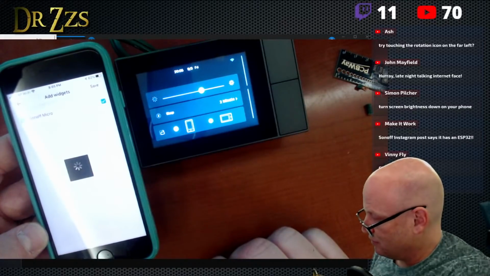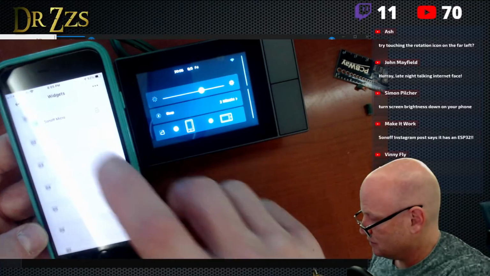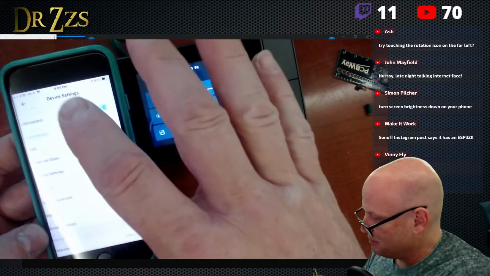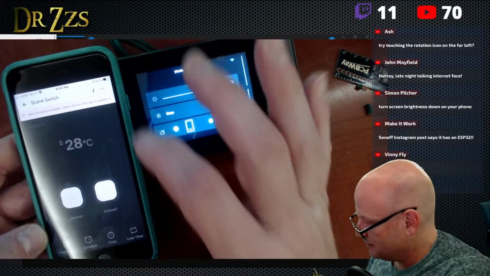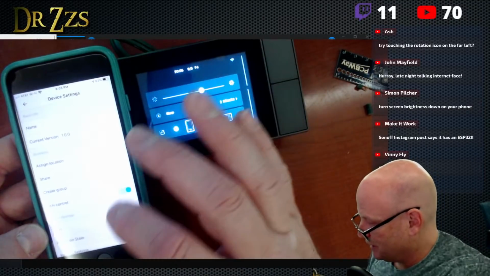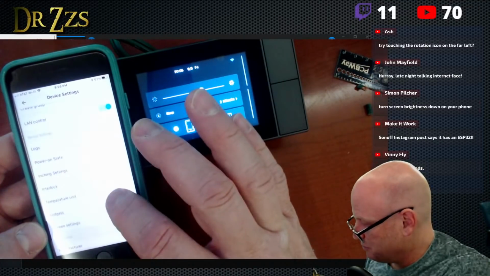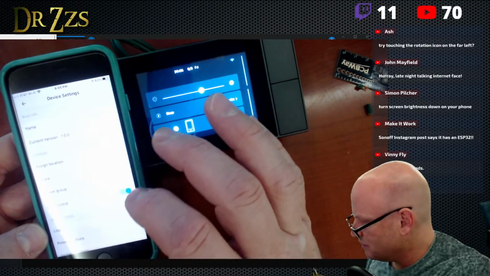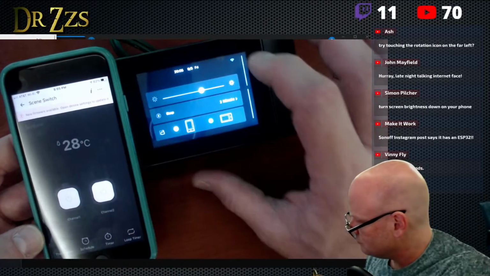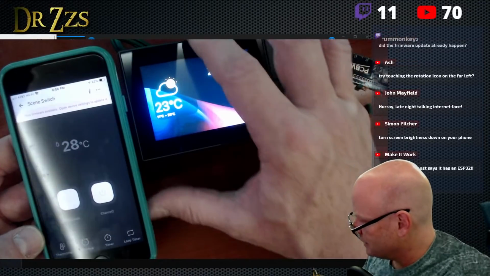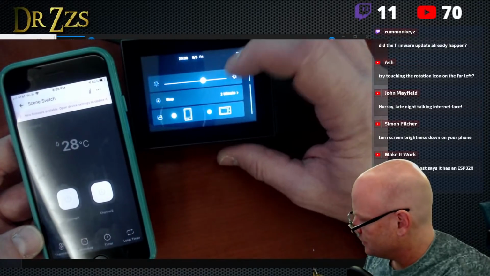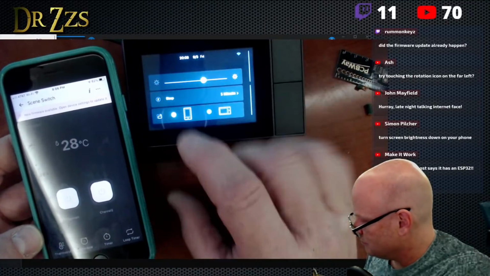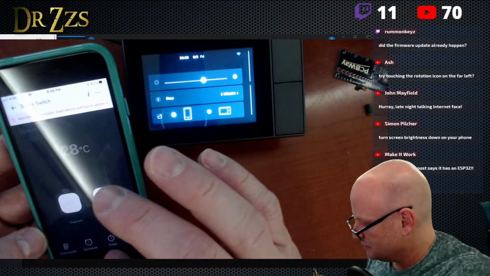And that must be because I only have so many switches. Yeah, I can't add any more widgets. And it's probably because I don't have any other devices set up in my eWeLink app anymore. Logs, power state, inching settings, screen settings, widgets, manufacturer. Where are the device settings? It says go to device settings to update. I would consider this device settings, but there's nothing in there about updating.